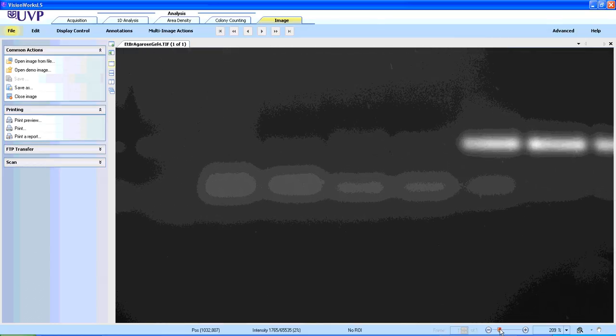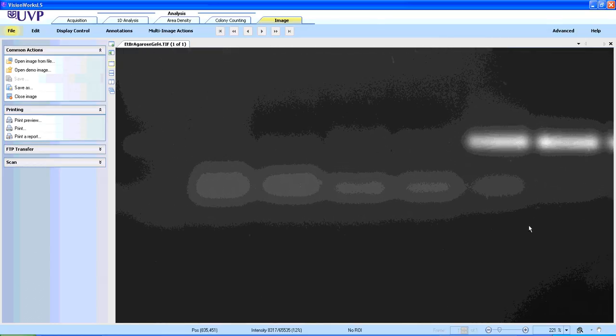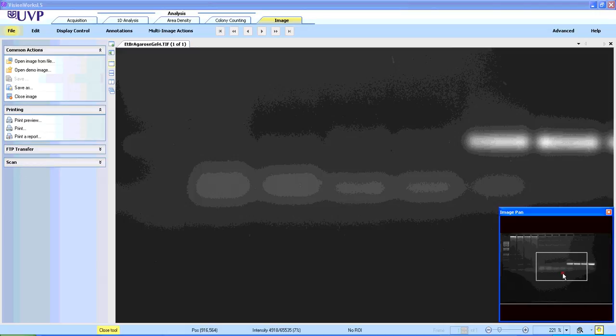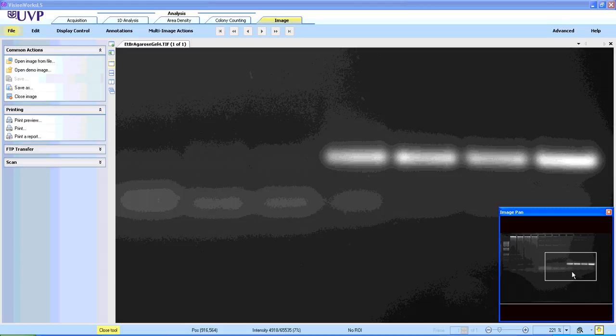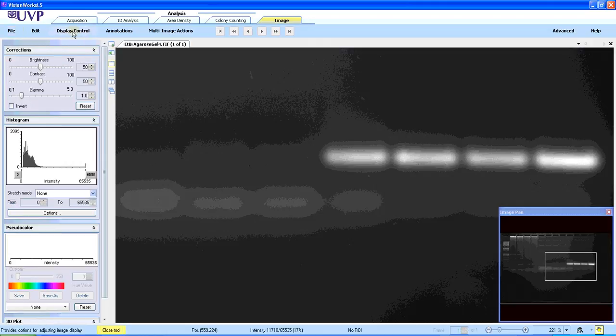Down at the bottom here, I have a zoom feature that allows me to click and drag. And if I go over here to the hand feature, I can pan around to the bands that I'm interested in calculating. The first thing I want to do when doing any kind of analysis is to measure and look for saturated bands, because I may have some very intense bands here that I can't see until I display the saturation. The way to show that is to click on the Display Control button in